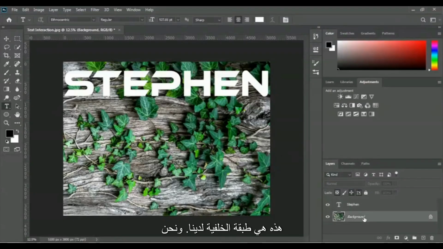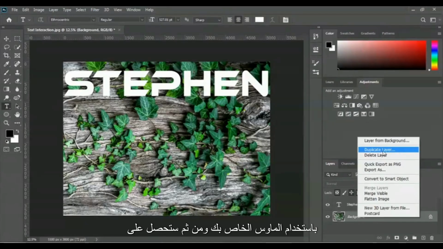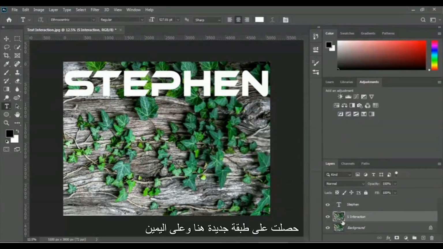So here is our background layer, and we have to duplicate this one. Therefore you just have to right click with your mouse, and then you will get this Duplicate Layer option. Let me click on this Duplicate Layer option, and let me write S interaction. Okay, so I named the layer S interaction, and let me click OK, and you can take a look. We got a new layer in here,